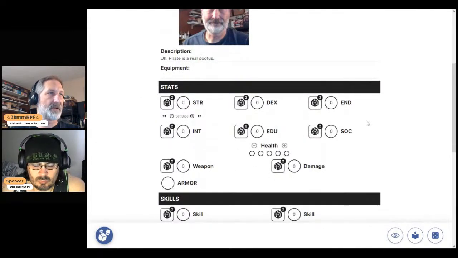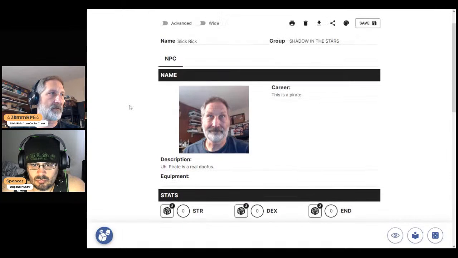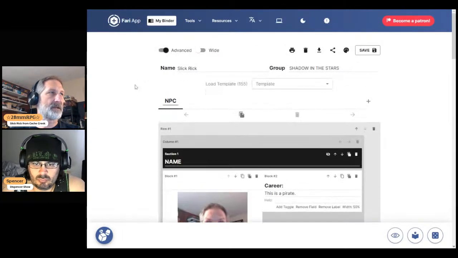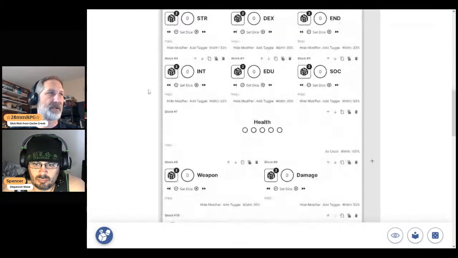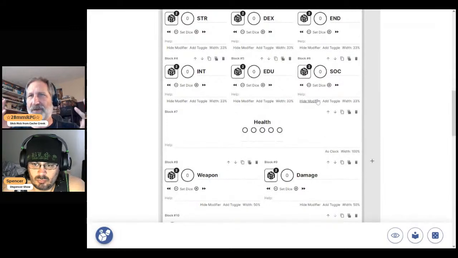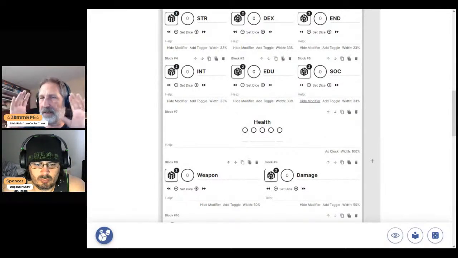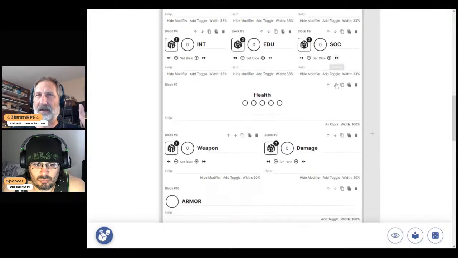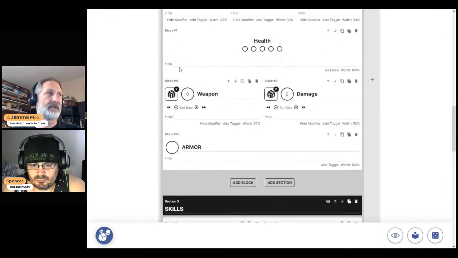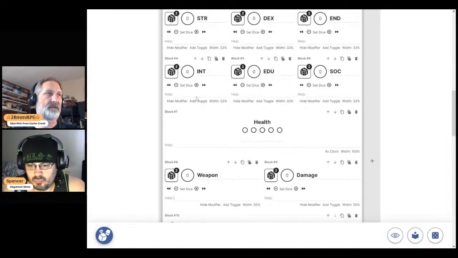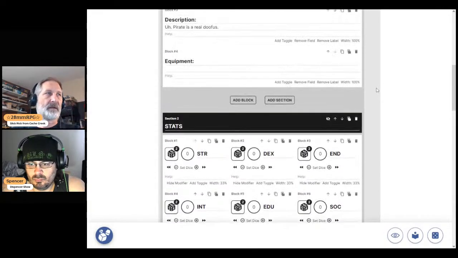So all this kind of simple thing right here, once we hit the advanced, you can see it explodes it out. When you're editing, you have to go back into advanced and get out of advanced to see how you've changed it. It gives you not an accurate look of what your sheet is, because it's giving you all these extra things like little help gestures underneath here and stuff like that. So let's